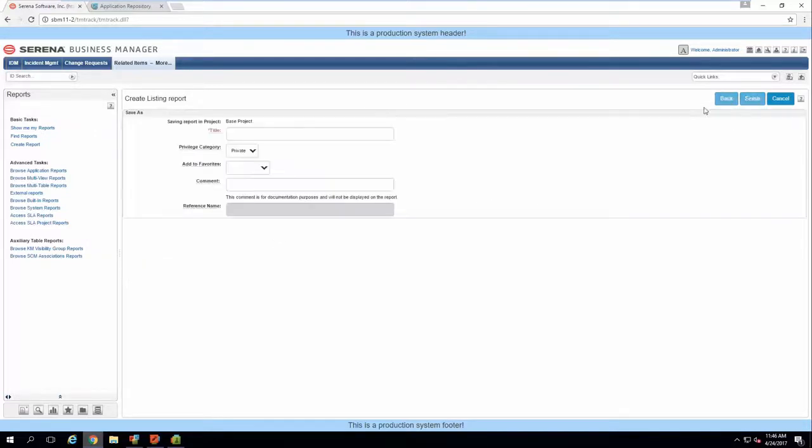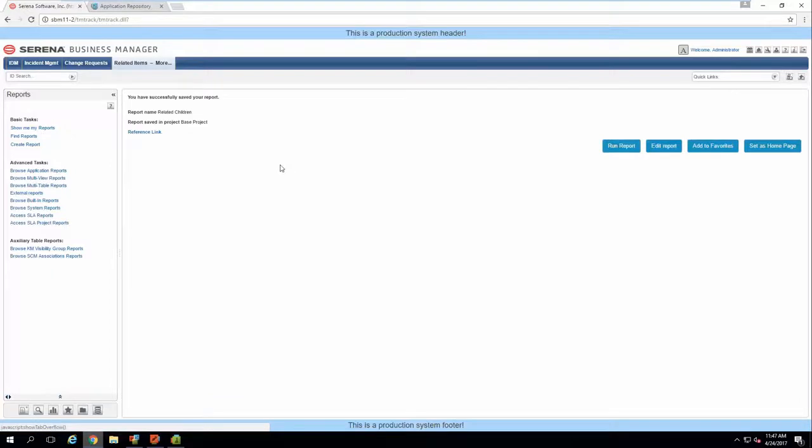And once we're done with that, we can save that and title it whatever you'd like. This is going to be for showing related children. You need to make sure to put it in a privileged category of guest, or one that users will be able to see when they view this particular state or transition form with this embedded report. And once you select that, you'll see that the reference name field becomes available, and you can put in a reference name, which is required when you're going to be using a reference link to dump into Composer. I'm just going to give it the same name as the report title